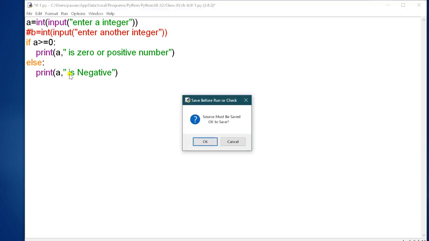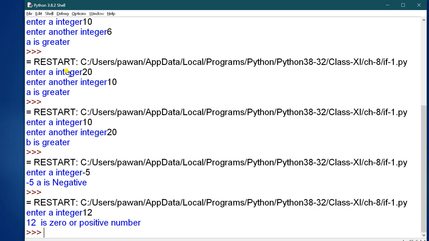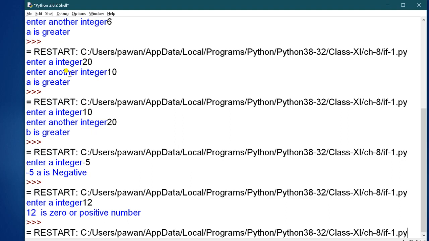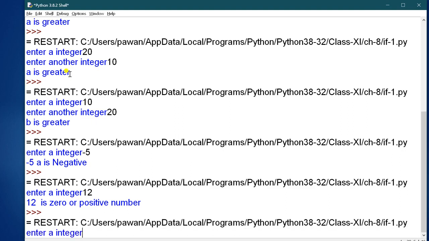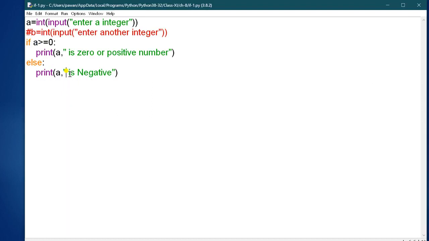Now just run it again. Now suppose I am entering 12. So 12 is 0 or a positive number. So in this way you can check whether any number is a positive number, a negative number, or equal to 0. For example, if I am entering 0, then it is saying it is 0 or a positive number. Okay, I hope it is clear now.